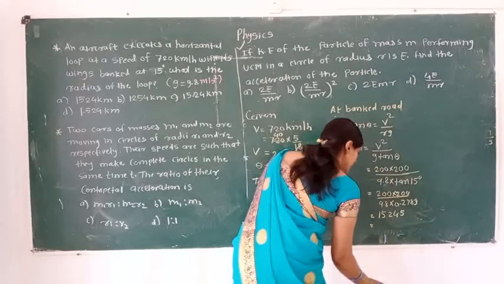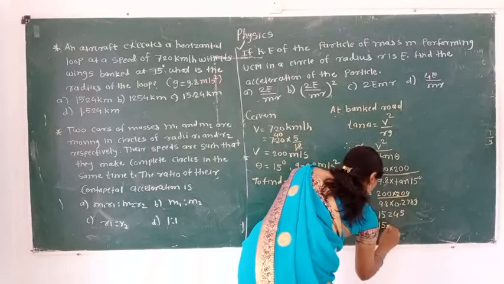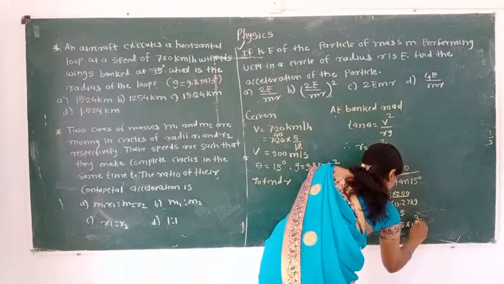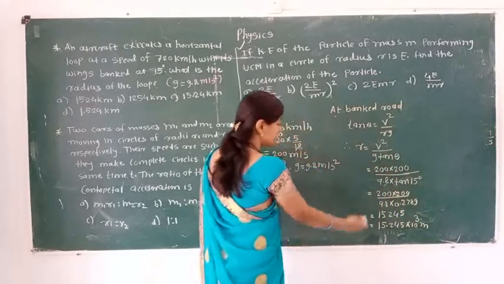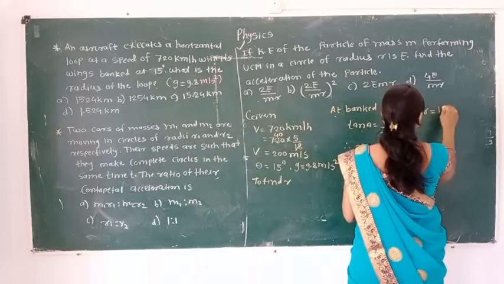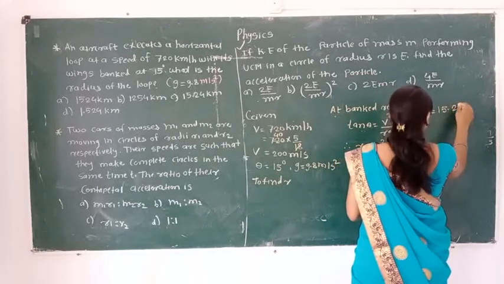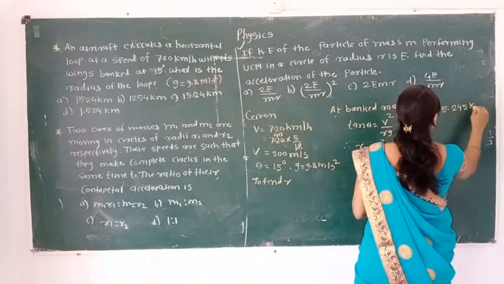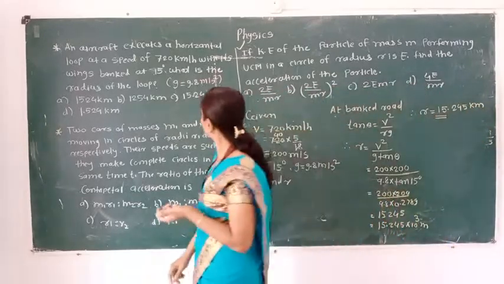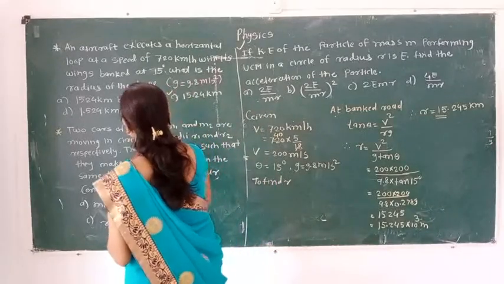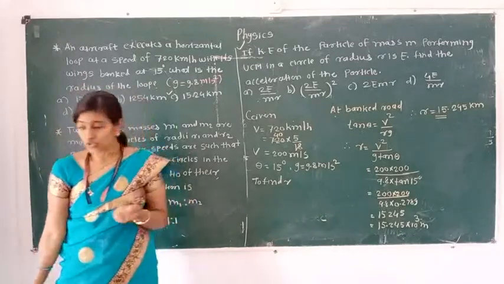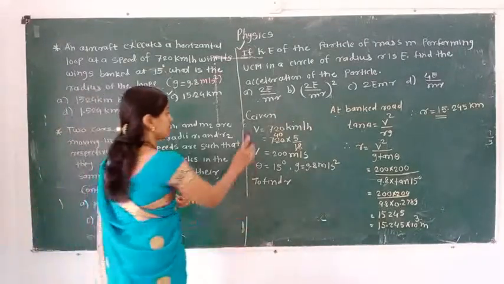That value is a bigger number. I am going to convert it into kilometers. So here 15.245 into 10 raised to 3 meter. So it is present in meter. We can convert it into kilometer. Therefore, r is equal to 15.245 kilometer. So this is the value of that radius. And as per the given options, the third option is correct. It is a simple mathematical calculation. Let me move toward the next MCQ.